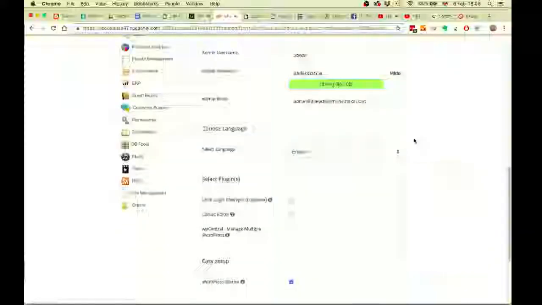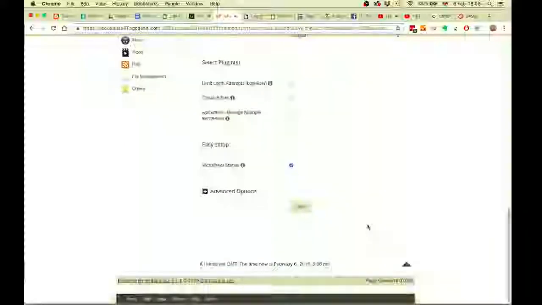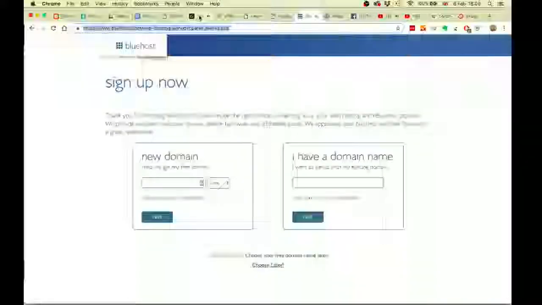And that's really all you would need to set up. Easy setup is fine if you're in SiteGround, and then you would just go install and it would install it, and off you go. Now if you were, sorry, let me just have a quick